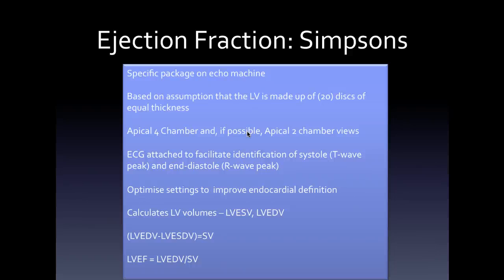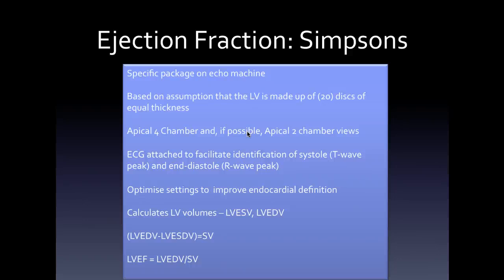What you do is you're taking the left ventricle, which is the easier ventricle, and you're assuming that it's made up of a series of discs lying on top of each other. When you do that, you can make some geometrical mathematical assumptions that allow you to calculate volumes. So Simpsons is a method for calculating volumes in systole and diastole, and thereafter allowing a mathematical derivation that will